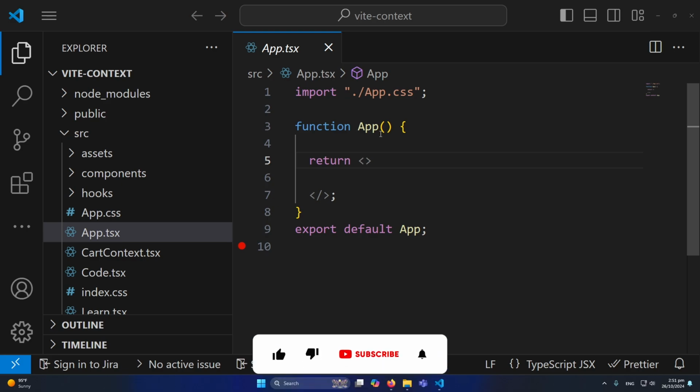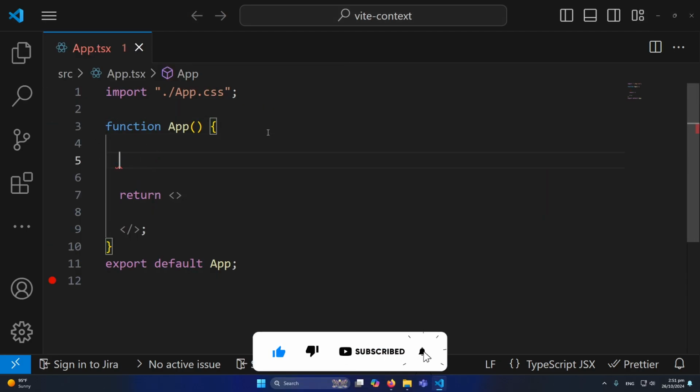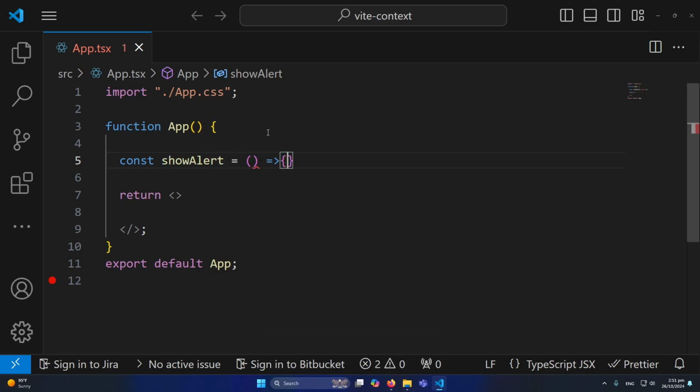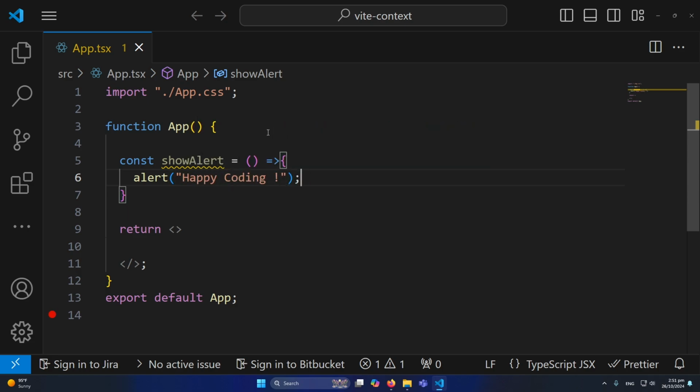First of all, you can see that this is our app component. I will hide this, and here let me declare a function which will say showAlert is equal to this, and inside this we will type an alert like "happy coding". Okay, so now inside the return statement we need to import our child component, but before importing this we need